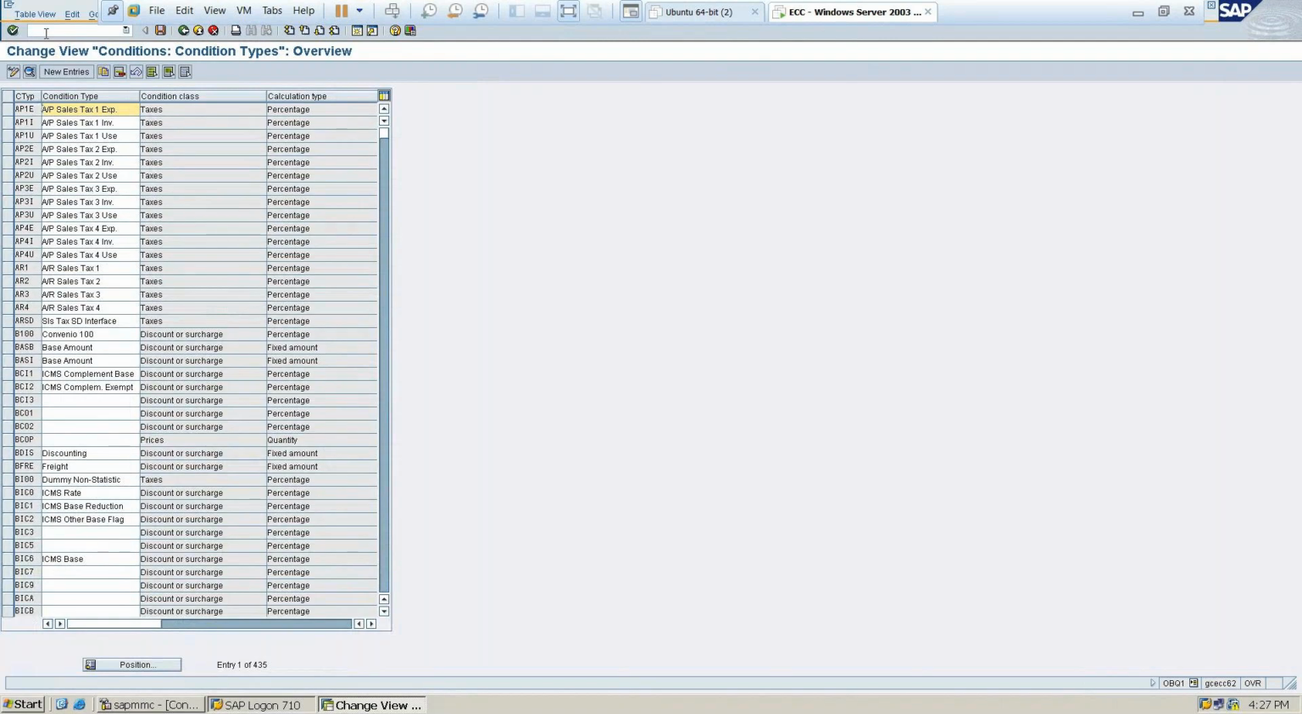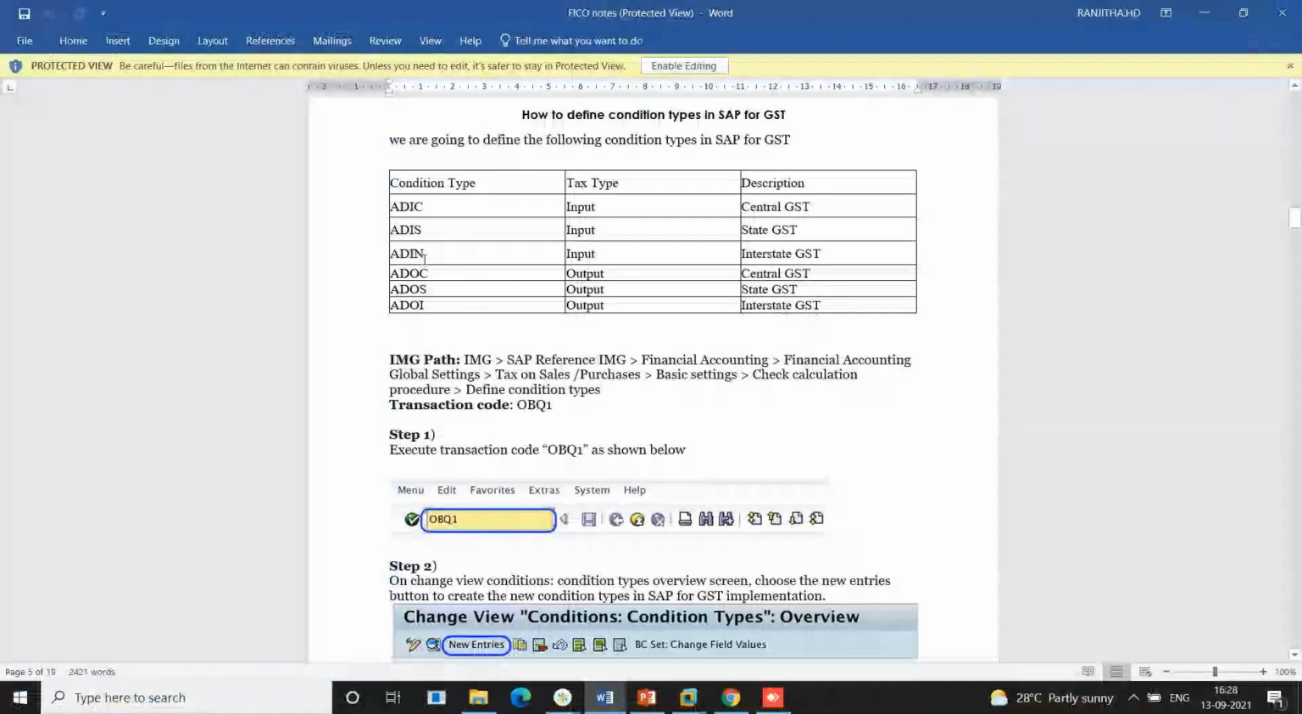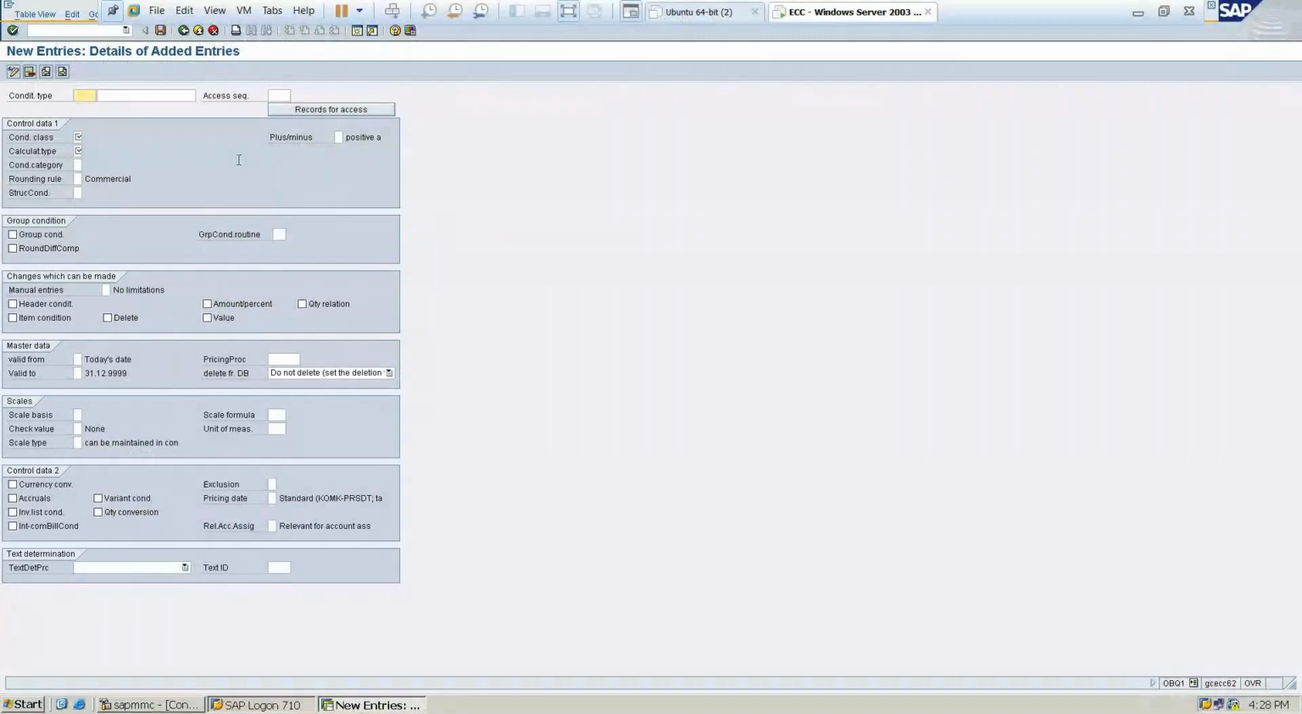So here tax procedure will open. Click on new entries. Condition type you give. So condition type in your system, the names have not been created. You can create this name itself. ADIC, or your company code, first two code IC you can represent as input. So I'll be creating the same ADIC input